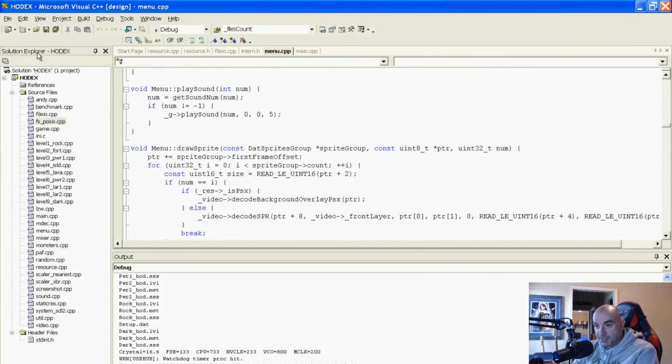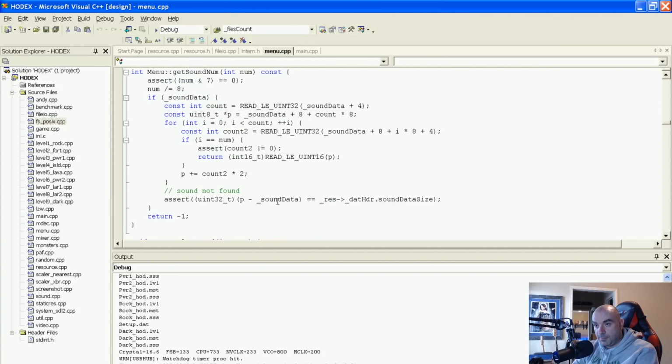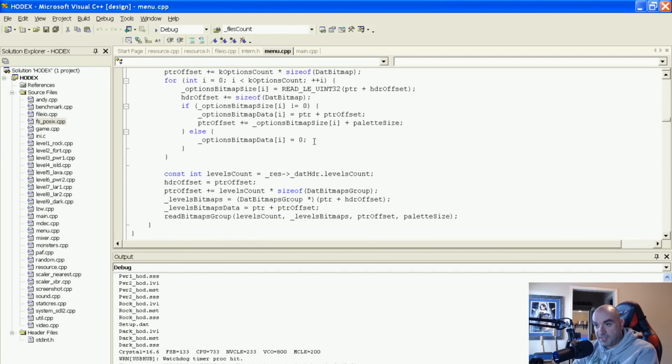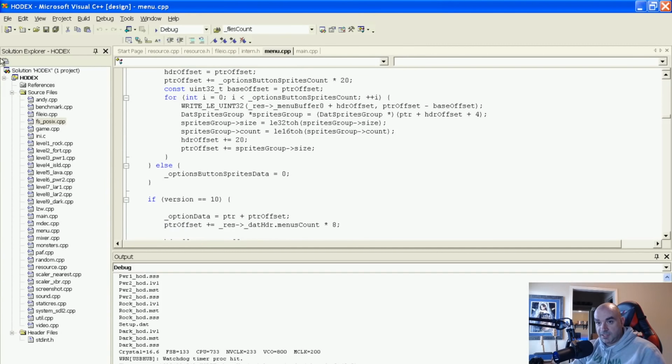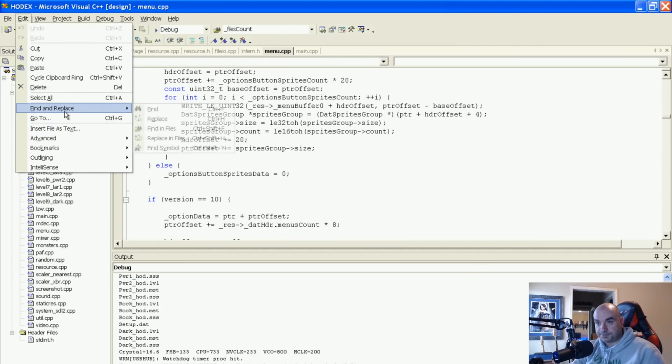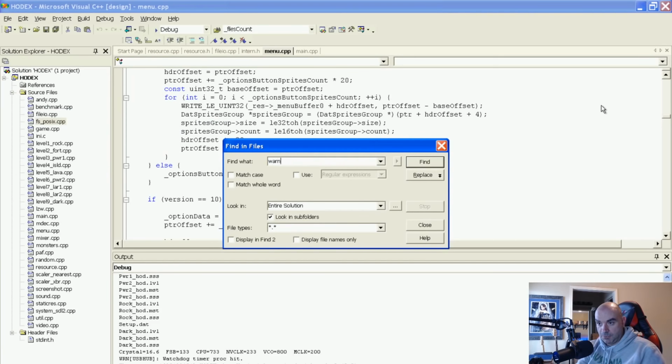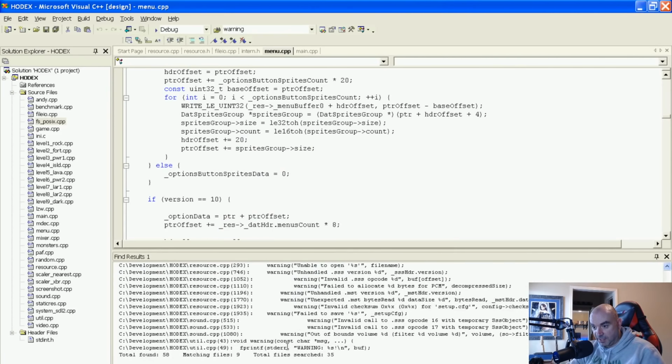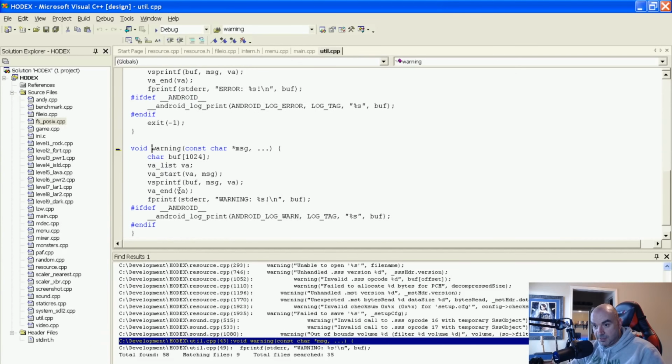We don't necessarily know if there's any debug. I know that there's a warning function. It was called warning, but it didn't seem like it did anything. So let's do this and say